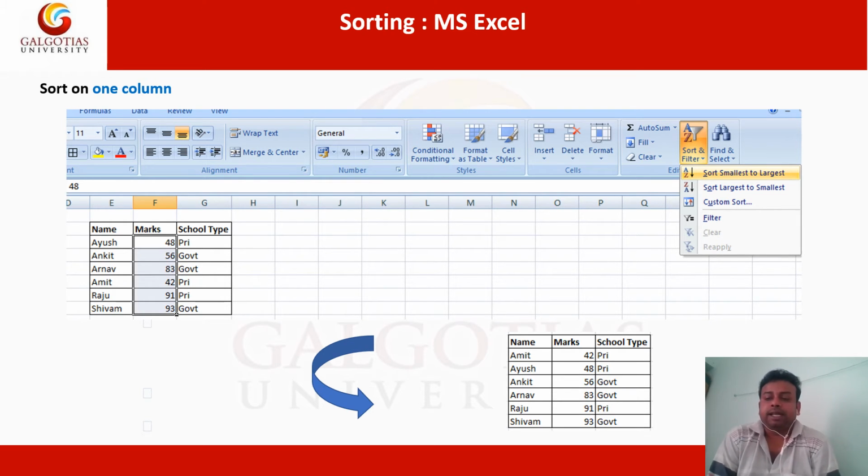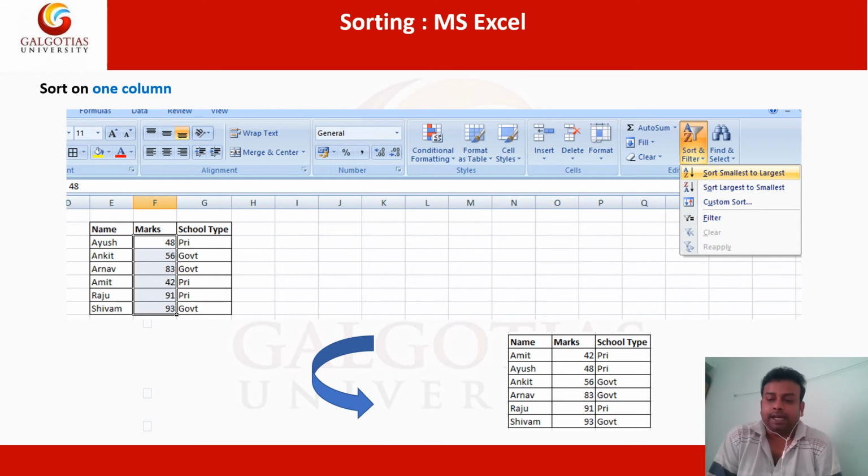In this particular example we are performing smallest to largest on the basis of the marks. Initially you have to choose the marks column. All the data of the marks column will be selected as shown in the figure. After that you have to click on the Sort and Filter options, then choose sort smallest to largest.